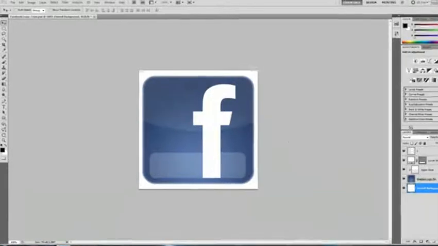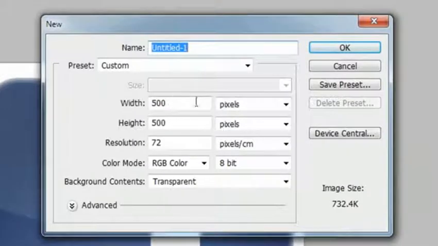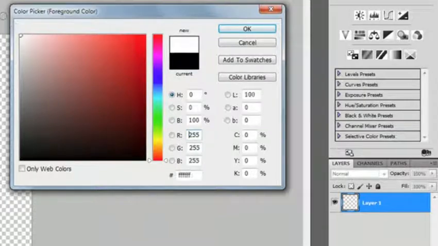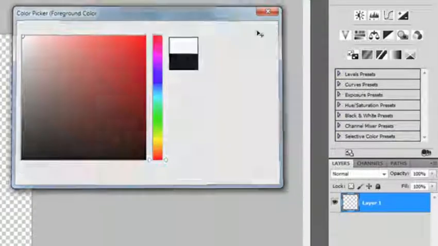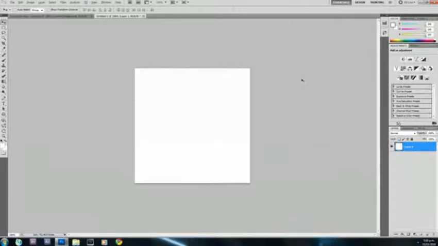So now what I'm going to do is select File, New, change the width and height to 500 pixels, resolution to 72 pixels/centimeters, color mode RGB color in 8 bits, and background contents to transparent, and then hit OK. Just by clicking the first box over here and changing that to white, and then hit OK. And then I'm going to hold down Alt and press backspace, and that is just going to fill the layer